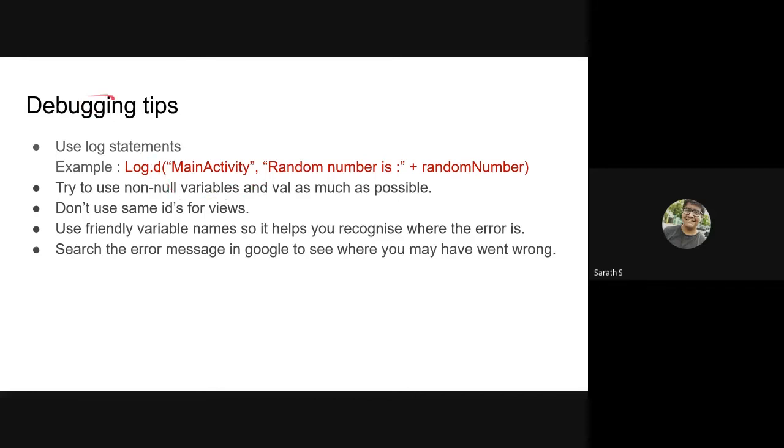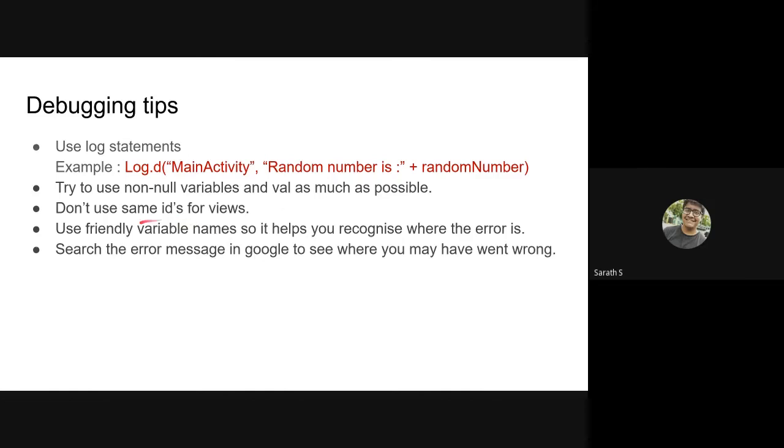Then another tip to not crash your app is to try not to use nullable variables. So try not to assign null to anything. Try to use non-nullable variables. Then you can easily find out where the error is and why it's occurring. So instead of the error just being that this was null, and you don't know why it's null, right? Try to use val as much as possible instead of var. Var, as I said, means you could change the variable. Val means you can't change the variable. So if you can't change it, you make fewer errors, right?